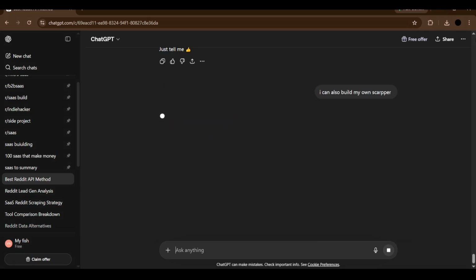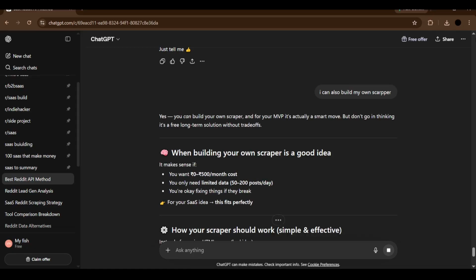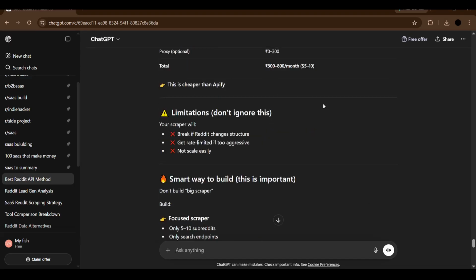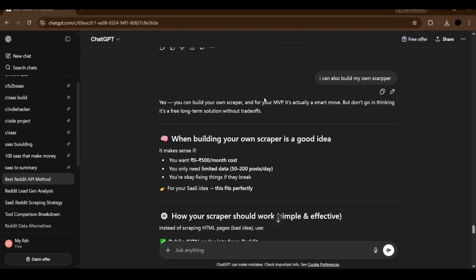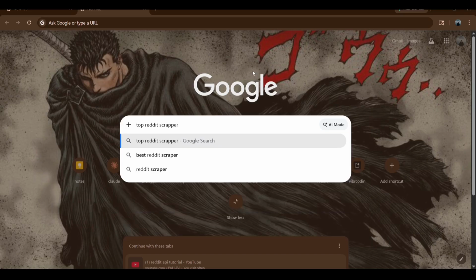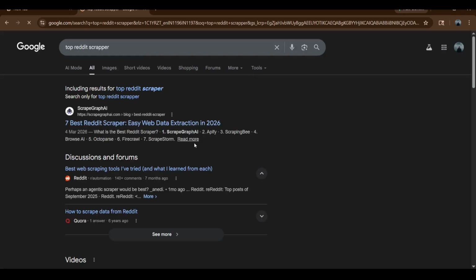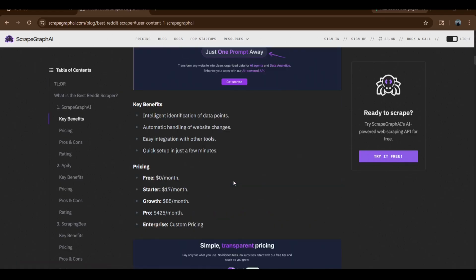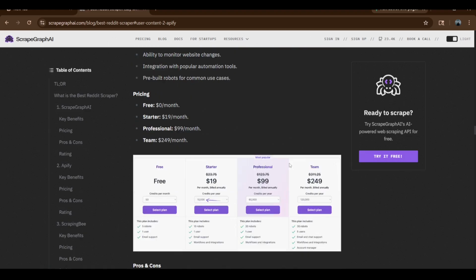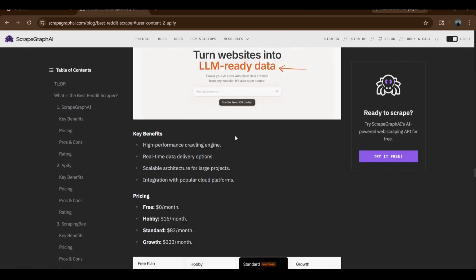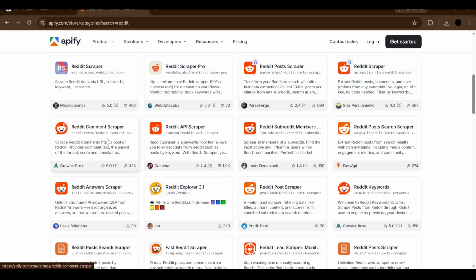So yeah, it is day 13, and you can see we opened ChatGPT, and I'm asking the question of how to build our own scraper. I'm trying to understand the cost of building our own scraper. After that, we opened Google and searched for top rated scrapers, and you can see these websites like Scrapy, Grab AI and others, with a lot of information about which SaaS is best, and they also have price pages.